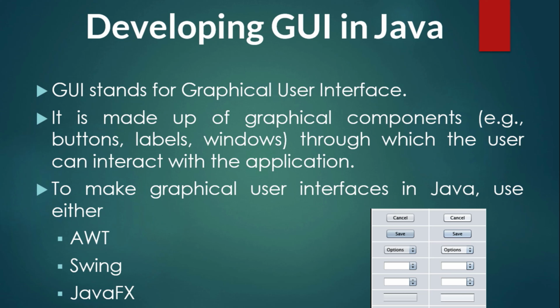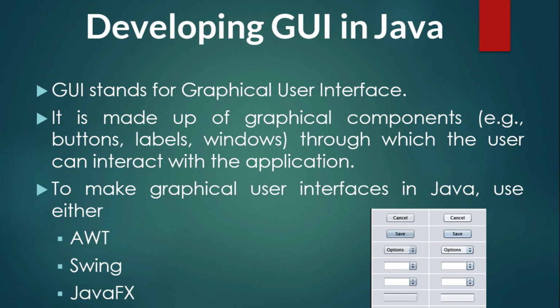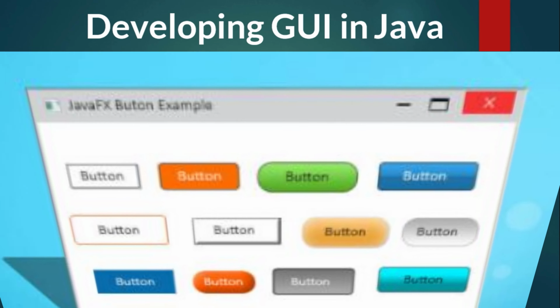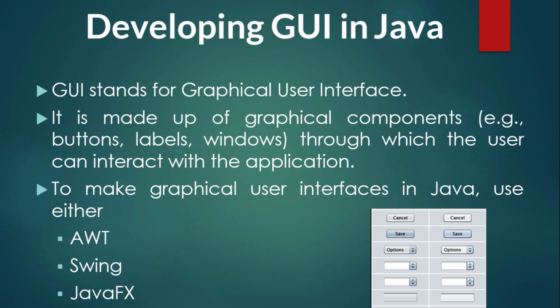Next we have Swing. I'm going to discuss this in detail. Again, Swing is used for creating GUI. As compared to AWT, Swing has a very rich set of controls, so using that you can create enhanced applications also. Now the third is JavaFX. JavaFX is an advancement of Swing, and in JavaFX if you want to use CSS, that is also possible, and JavaFX is more responsive as compared to AWT and Swing.